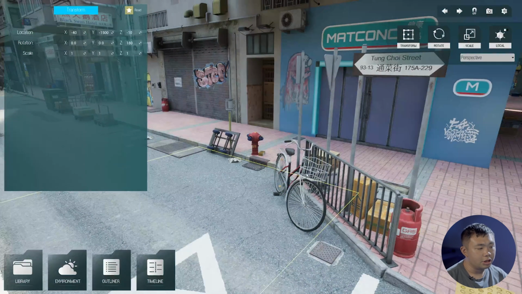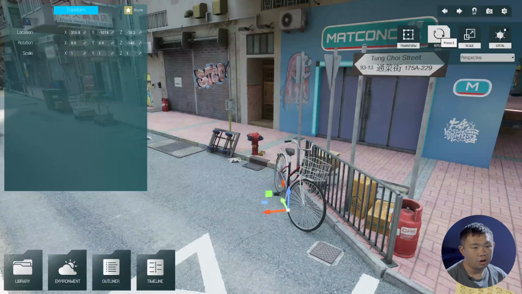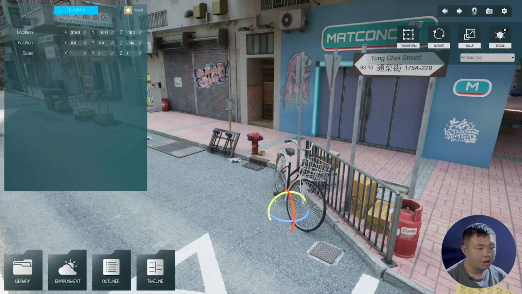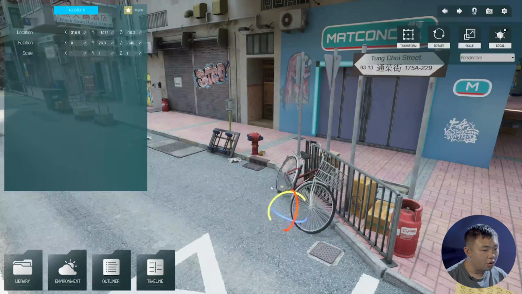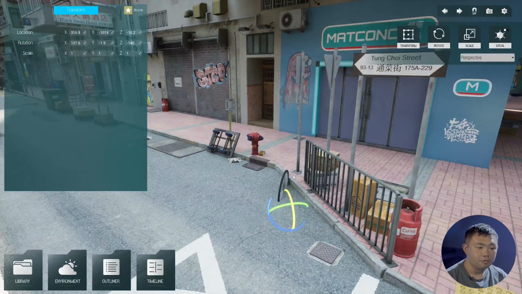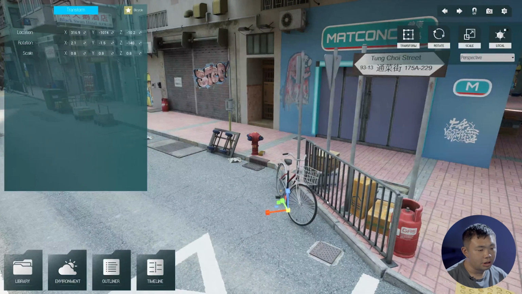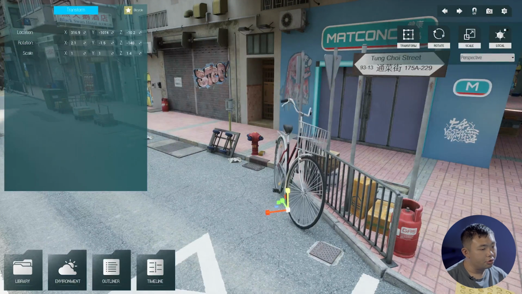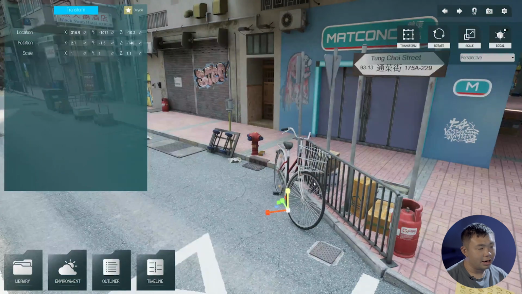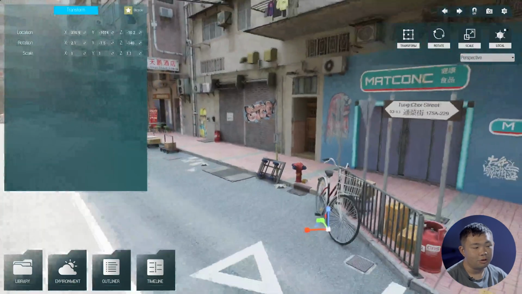And to rotate an object, you can select an object and click Rotate or press the hotkey E to rotate. So again, the control is very intuitive. Just move those axes one by one. And last is about Scale. So we have scale up, scale down, or you can scale on a particular axis. Again, experiment more and you will see how you can do it.